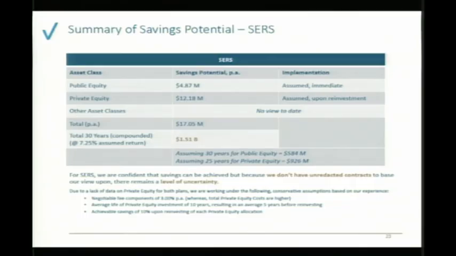Essentially for SIRS, we do believe that the 1.51 billion over 30 years could be achieved. I noticed before that the target should probably have started back in 2017. We weren't aware of that, so we were considering that it would start 30 years from now. So there's one year missing, essentially. Next slide.